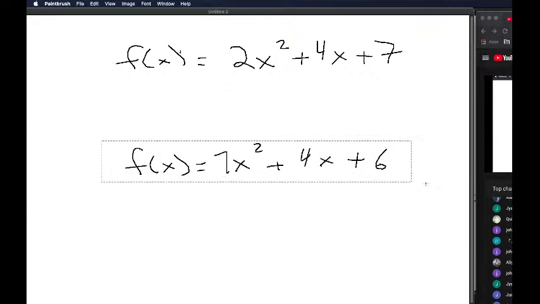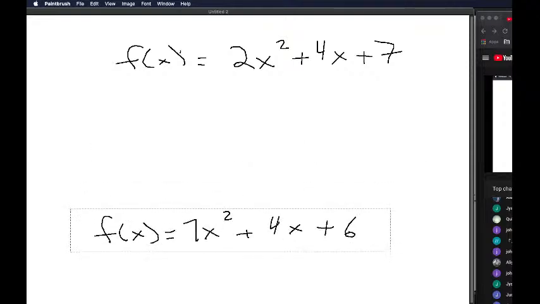I'll move this down here so you can see. I believe you should be able to see everything in my window according to my thing. It looks okay from my end. So let's do the easy one first. Vertex, so you have to complete the square. So to complete the square,